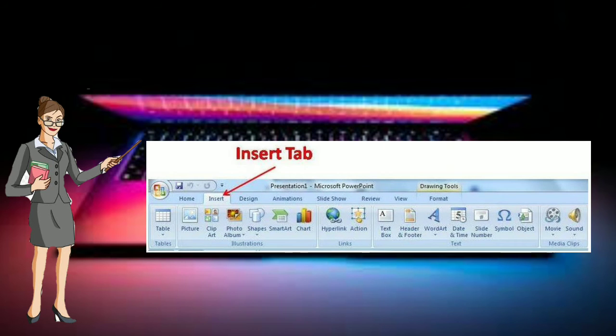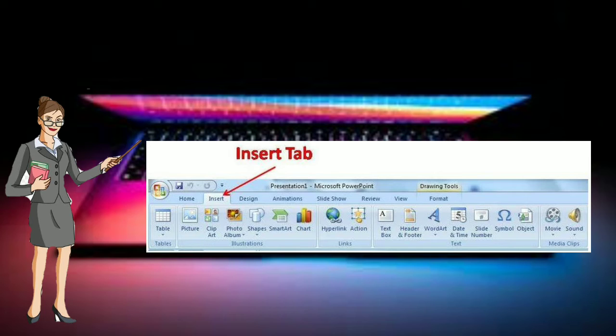Second, Insert. The Insert tab consists of the following groups: slides, tables, images, illustrations, add-ins, links, comments, text, symbols and media.